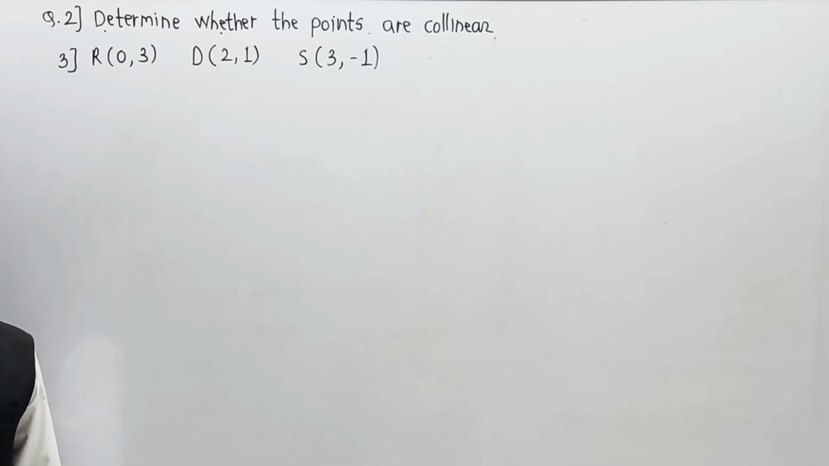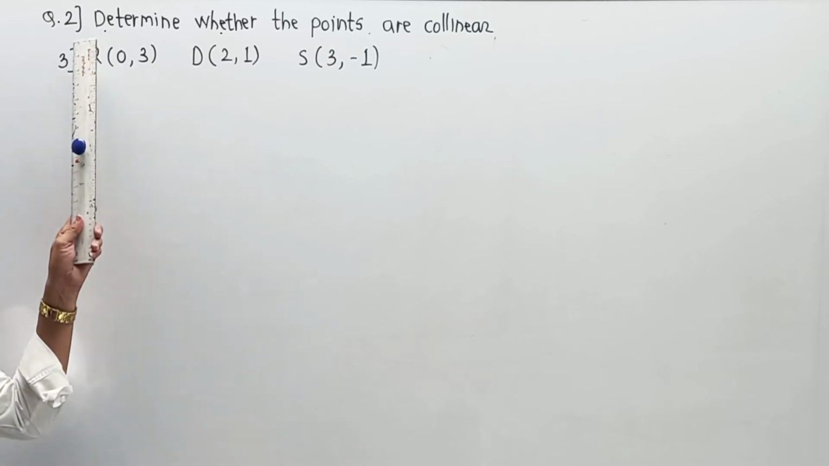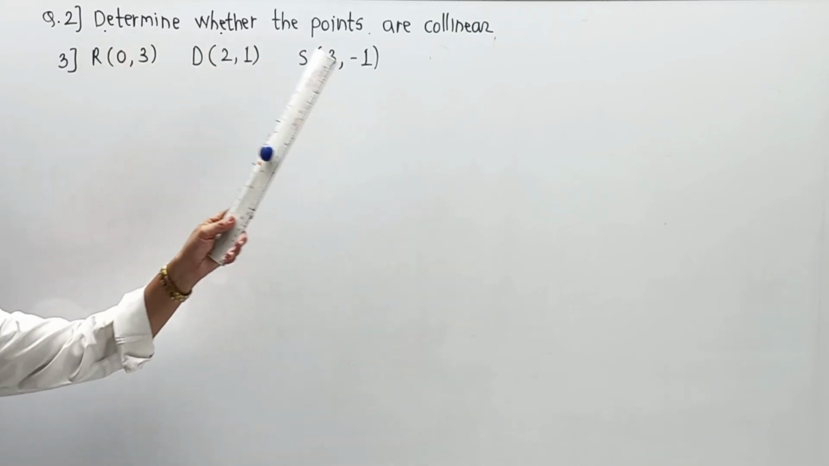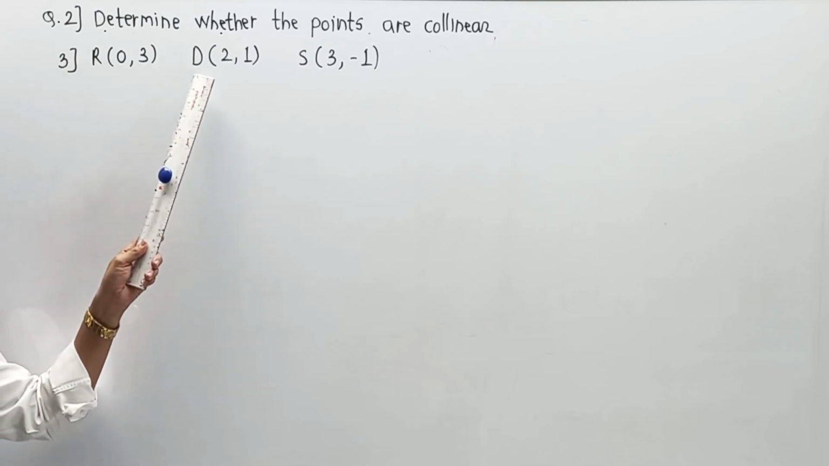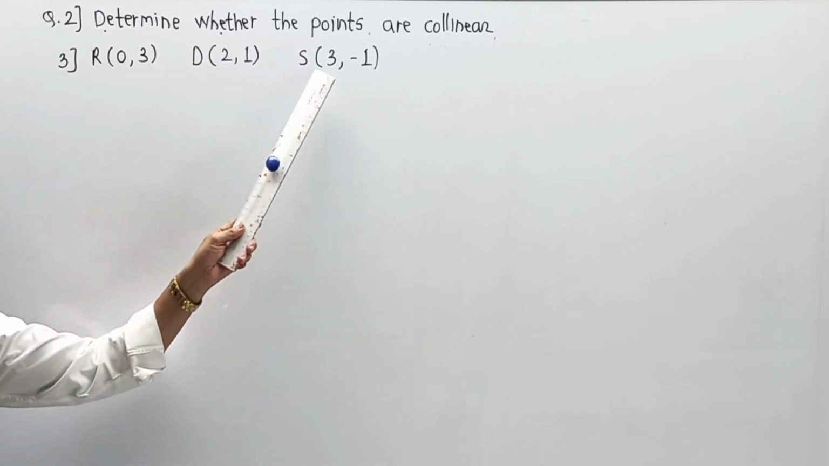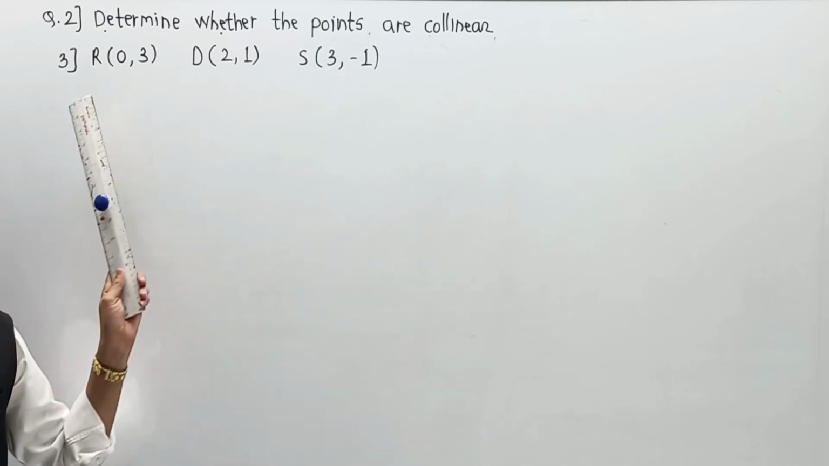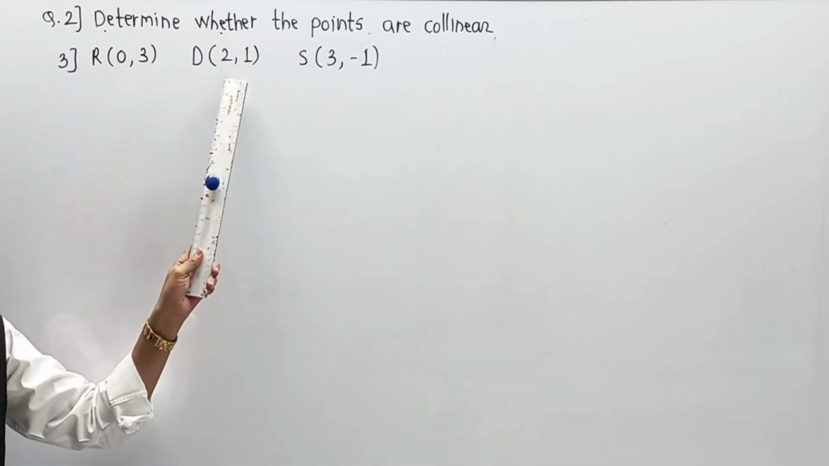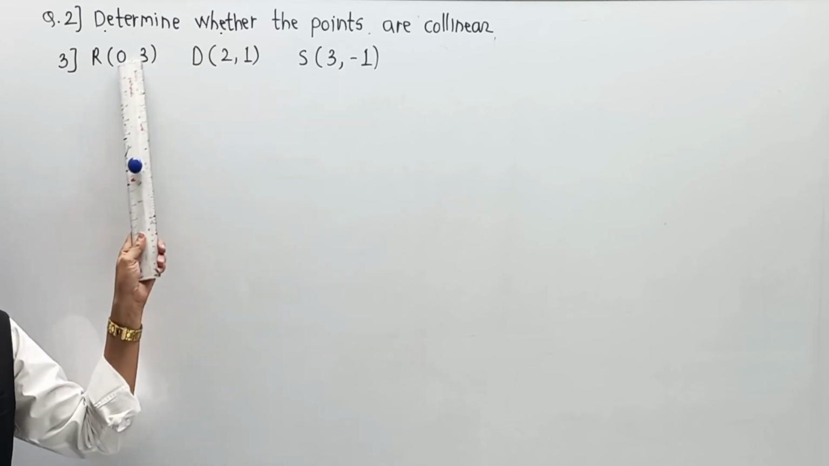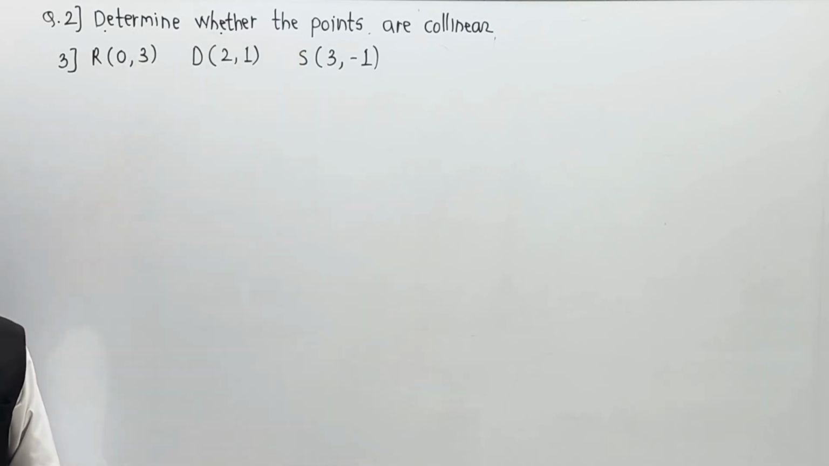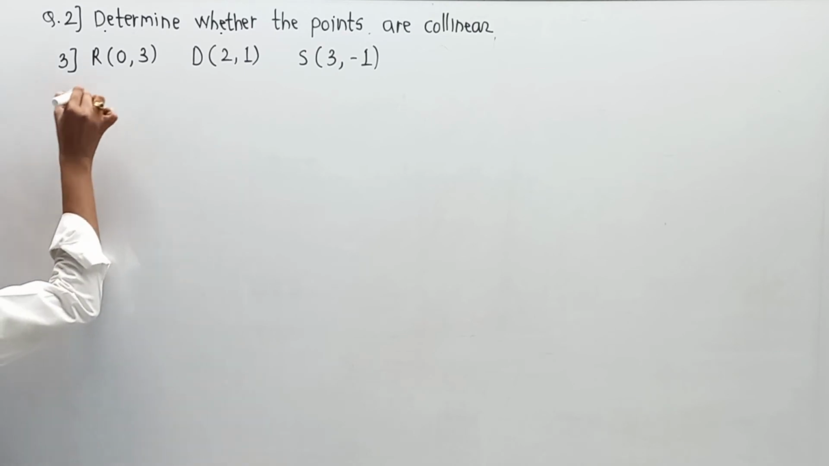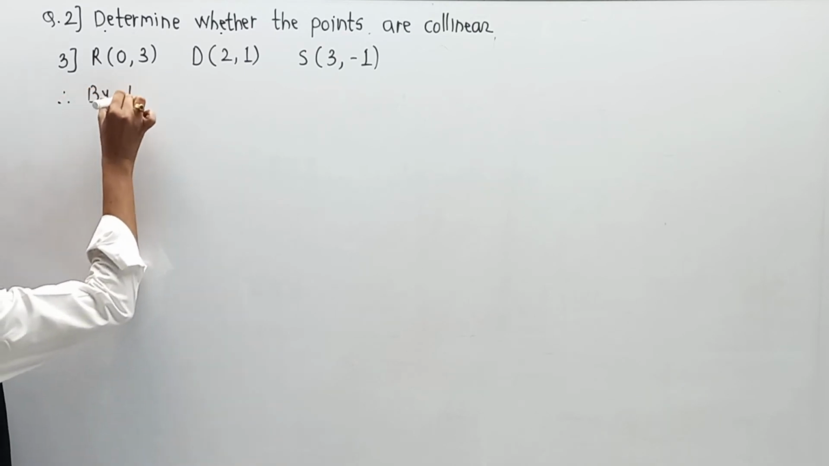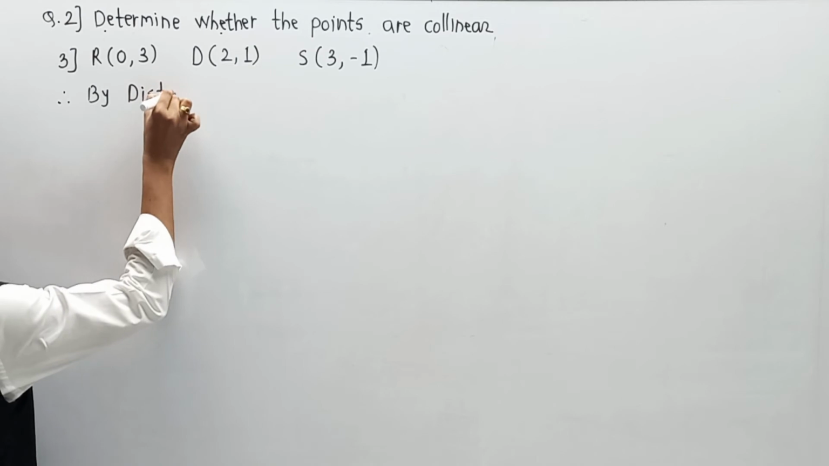Now, continuation with the second numerical, and the part is determine whether the points are collinear. Third question: R is 0, 3, D is 2, 1 and S is 3, minus 1. Applying the distance formula for the first 2 points, the next 2 points, and the first and last point, and making the calculation in terms of summation. So here, therefore, by distance formula,